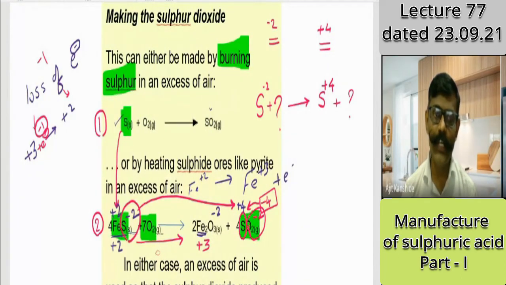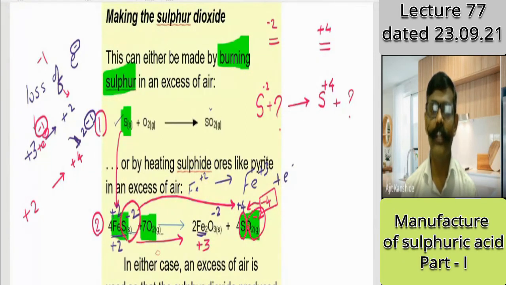Means I have to consider electron on the left side. Then I will get plus 2. If I have to convert plus 2 to plus 4, help me: where shall I consider that minus 1? Yes, that minus 1, but not one time. I have to consider 2 times, but where? To the right side. It means I have to consider 2 electrons here. Minus 1 is an electron. Are you following what I am saying?